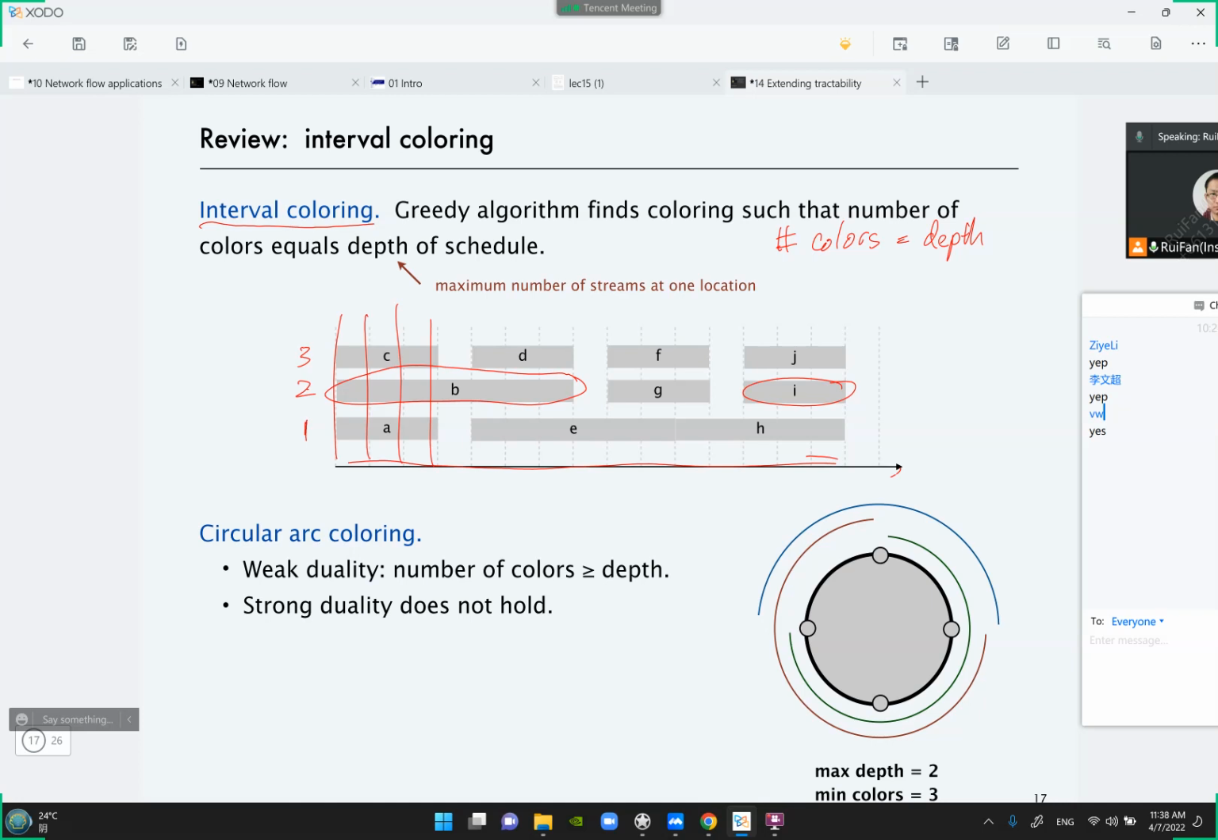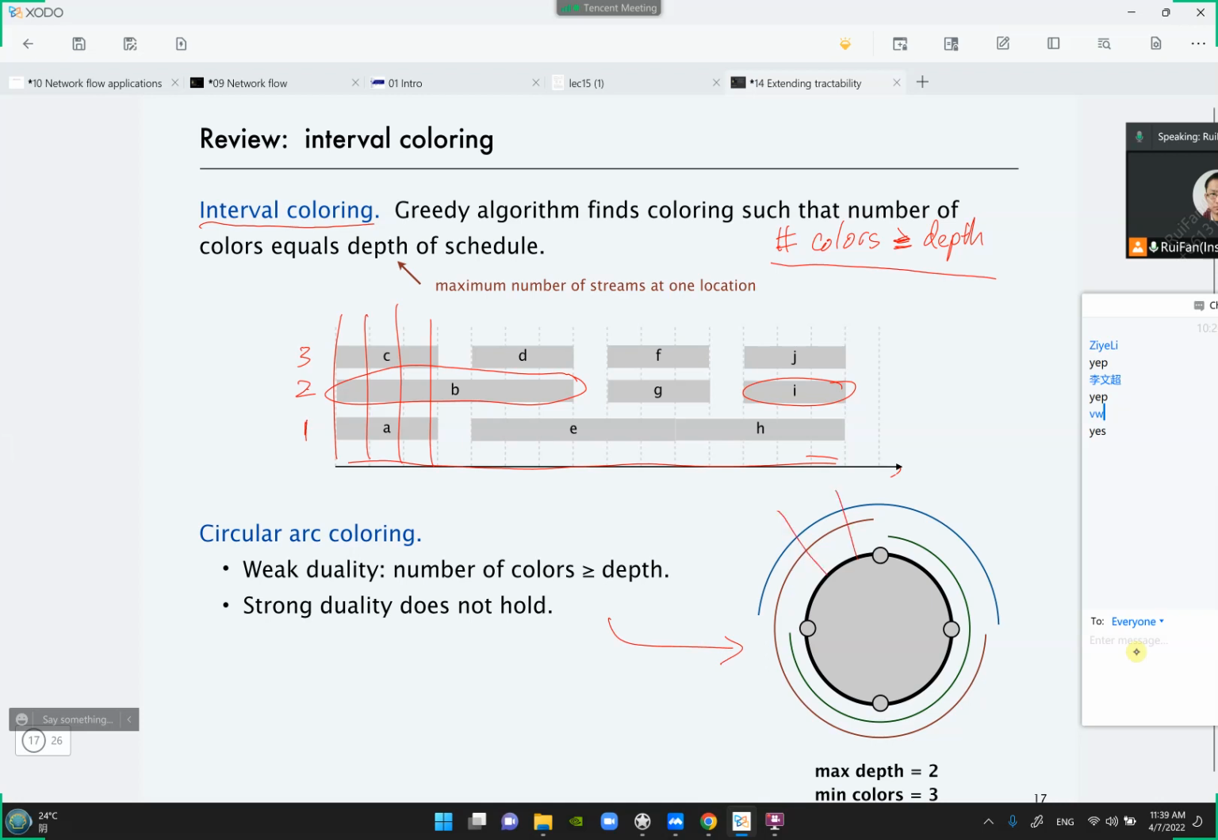Okay, and the reason is that once you have these wraparound situations, then you no longer have this duality property, the strong duality property. In fact, you only have weak duality, which is that the number of colors you need is at least equal to your depth. Okay, so as an example of this, if you look at this graph,